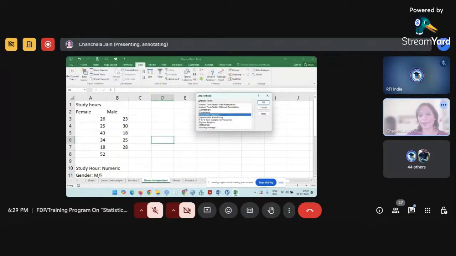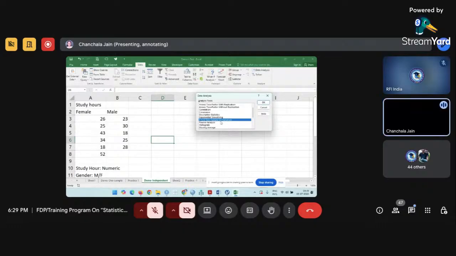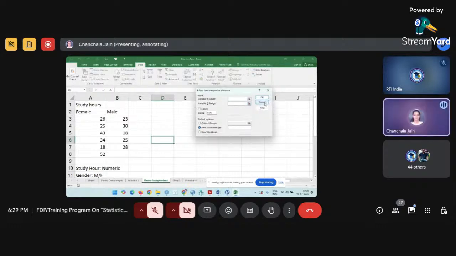You can find in this section the test which is named F-test: two sample for variances. So I suggest you select this one, F-test: two sample for variances. Click on OK now. I hope everyone has located this. May I click on OK? Yes, ma'am. Right. Now once you click on OK, you can see the dialog box is appearing,